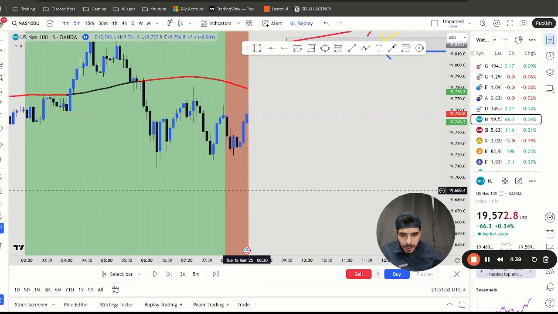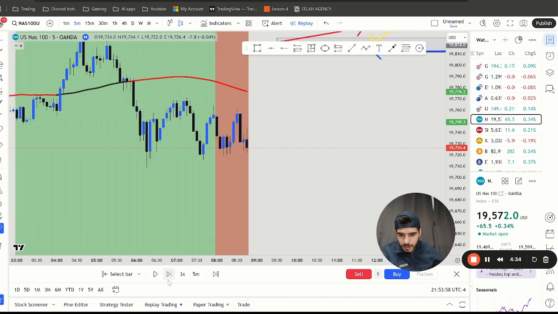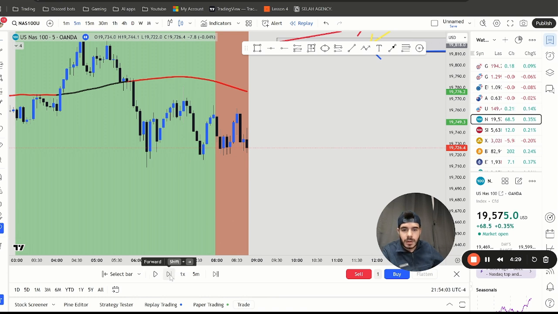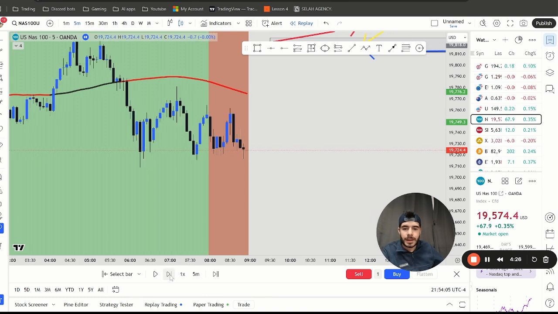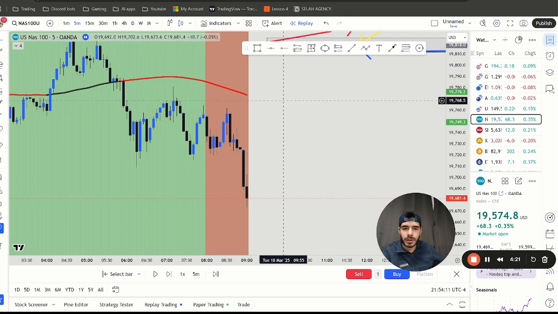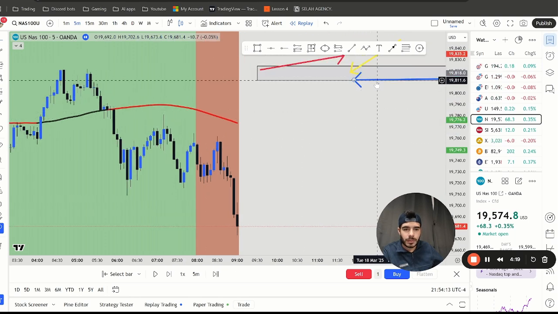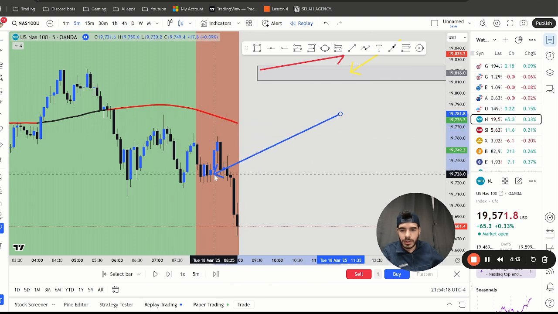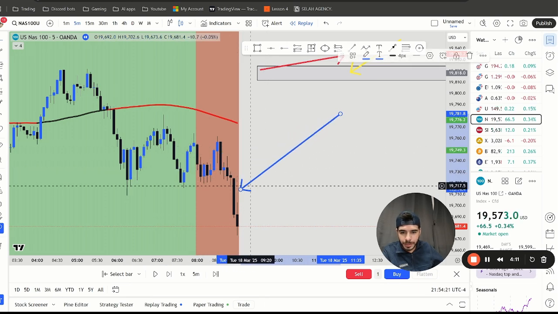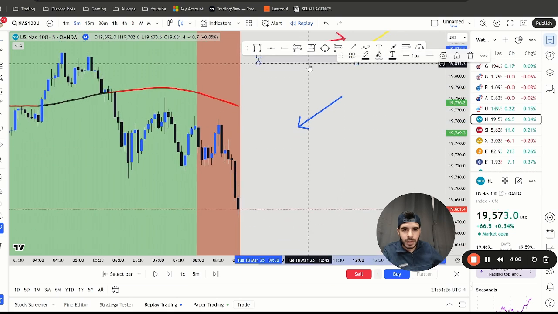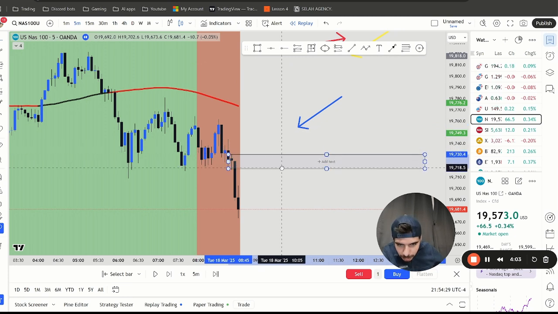So this was at 8:30 Eastern Time, a.m. All right. So once you see that we're creating higher lows, right? Right here. Let me grab this real quick. We're creating a lower high here and lower high here, and we're creating equal lows. Now, when this broke, when volume came in here and this broke, you can create a zone with the previous candle,